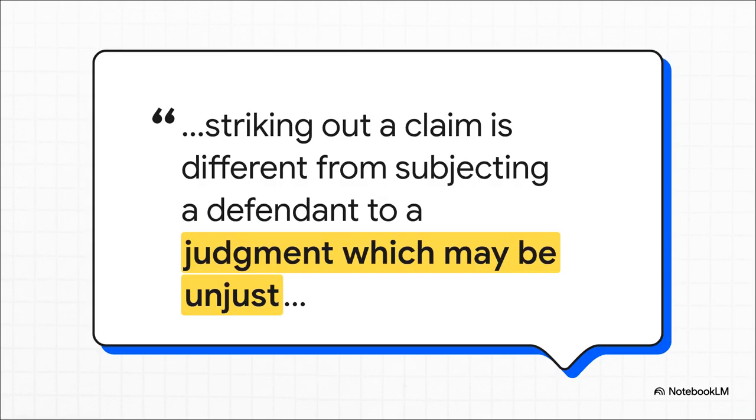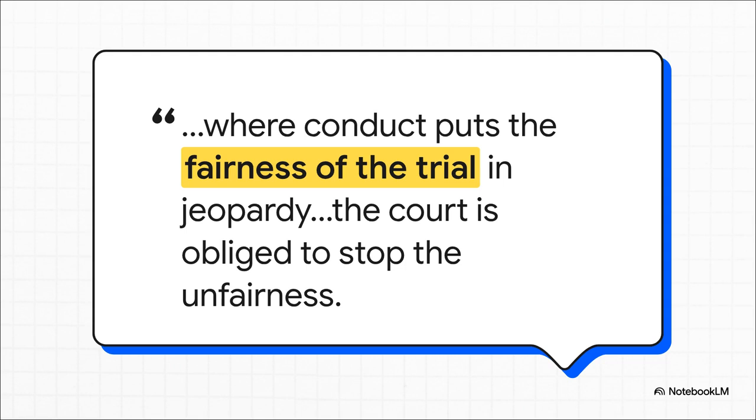And this quote is fantastic because it shows you how judges think about this. They're actually quite reluctant to just hand a victory to one side as a punishment. The court is much more comfortable striking out a plaintiff's claim, basically telling them to go home, than it is entering a judgment against a defendant that might be factually wrong just because they didn't play the game. So, here's the crucial point. When does the court take that extreme step of entering judgment? It's not about punishing someone. It's about when one party's failure to disclose has so completely wrecked the process that a fair trial just isn't possible anymore. At that point, the court has to step in to protect the very integrity of justice.